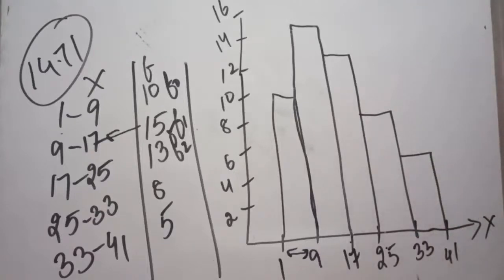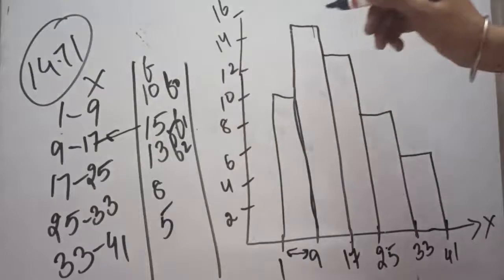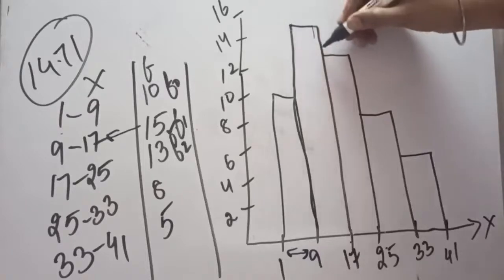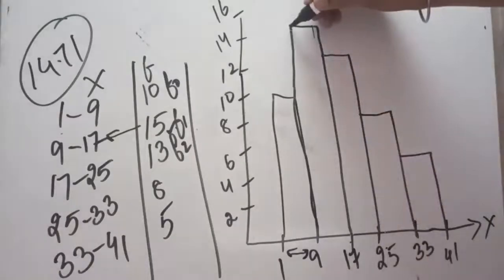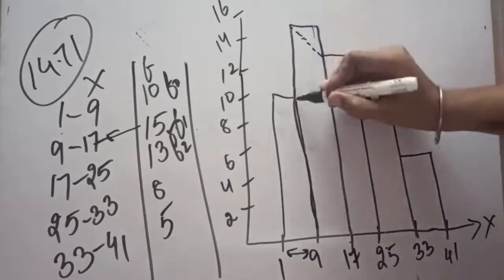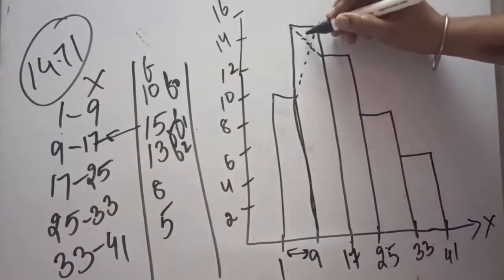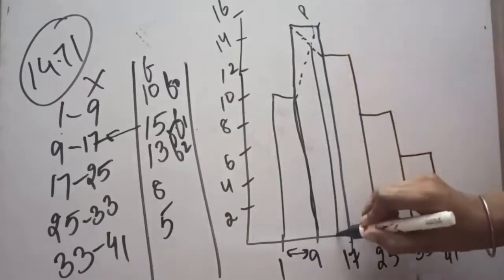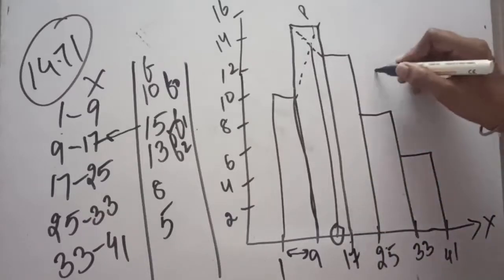Now after preparing the histogram, you will see which is the maximum box, because the maximum frequency will be the highest box. Where is the peak? Now this left corner will be joined with the corner of the next box, which is touching this maximum box. So we will draw a dotted line like this. We will do the same from the right-hand side also. We will join like this. You can give this intersection point any name, for example let us call it P, and you draw a perpendicular from there to the x-axis. When you draw the perpendicular, you will see the exact value on your graph, and this will be the mode,